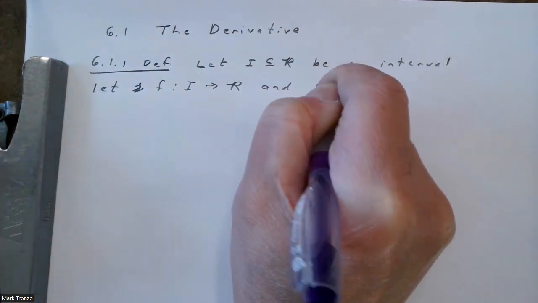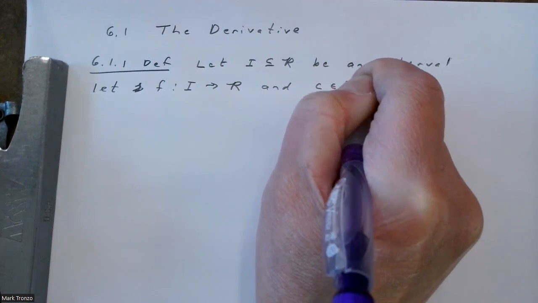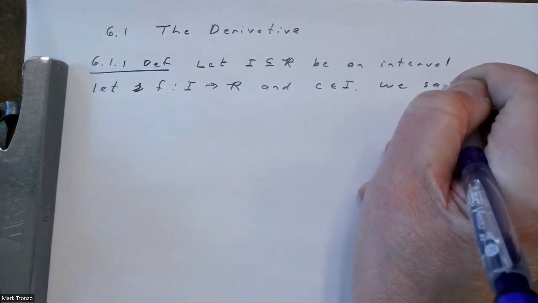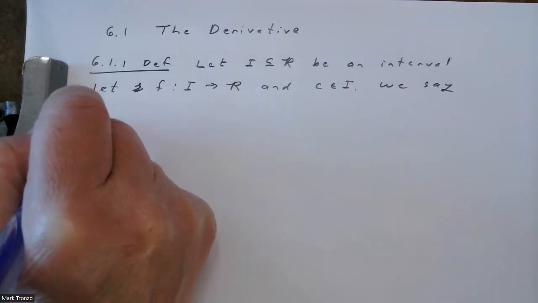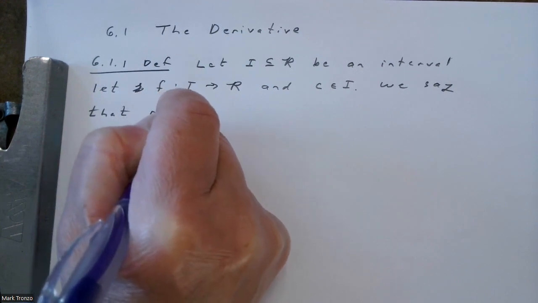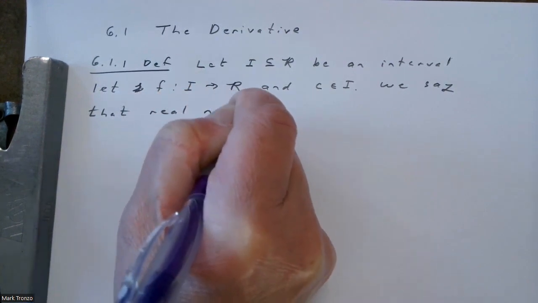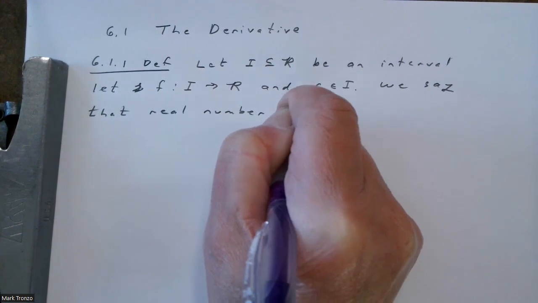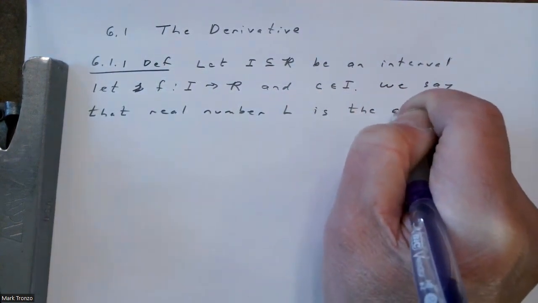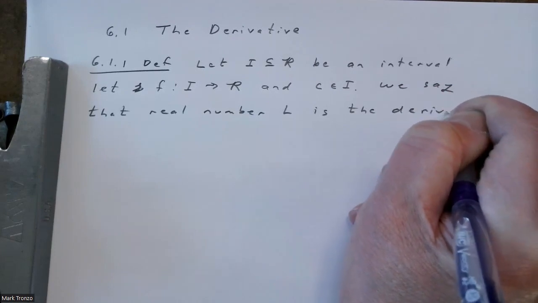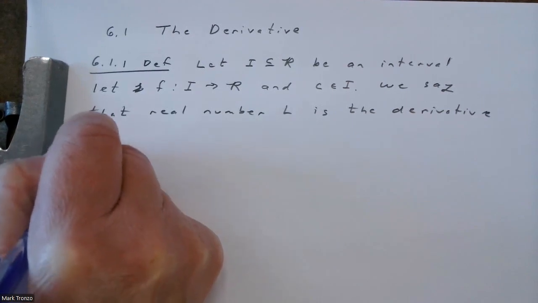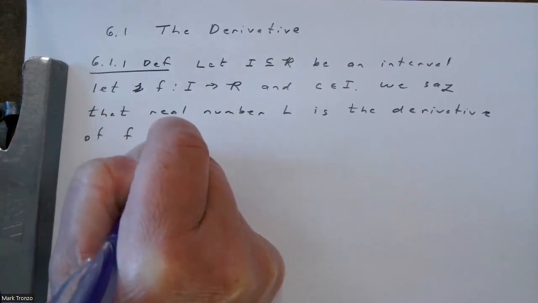And C is a member of that interval. We say that a real number L is the derivative of f at C